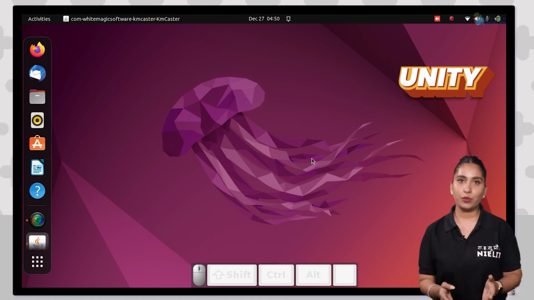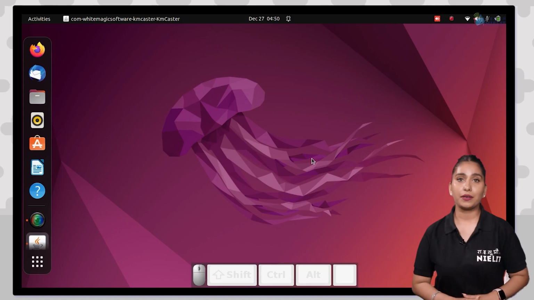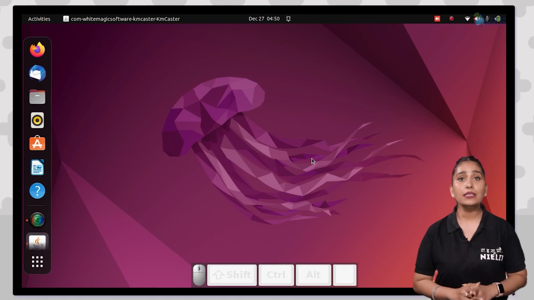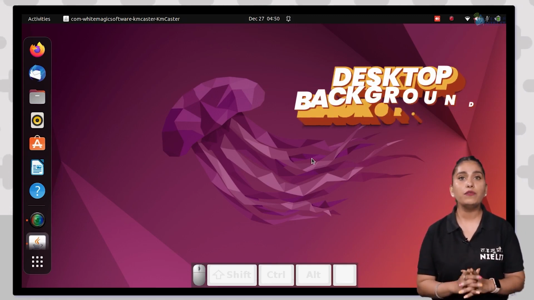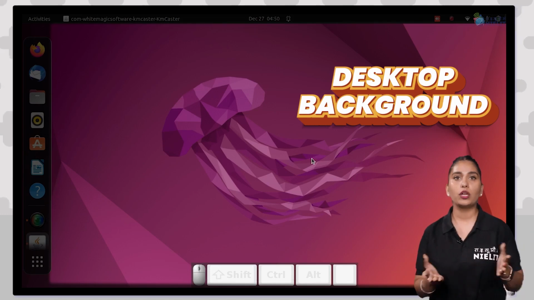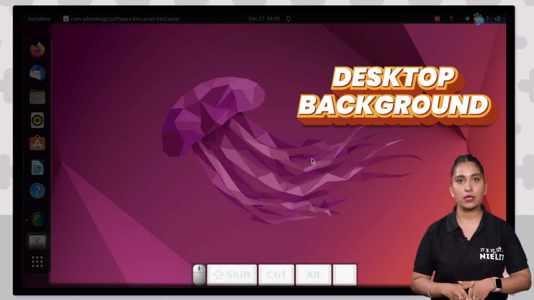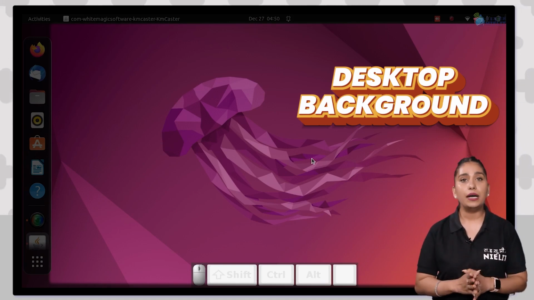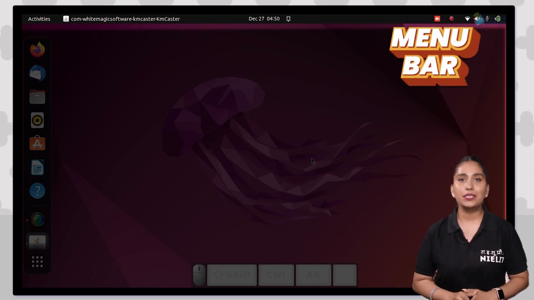These are as follows: the desktop background, the menu bar, the launcher, and the icon. The desktop background, or wallpaper, is the image that is shown on the screen behind the icons, in the background of Unity. And the menu bar is the bar residing on top of the Unity,